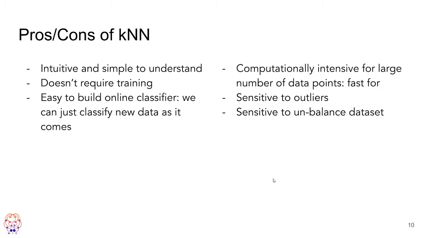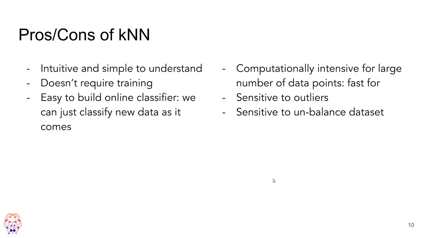And so, in summary, KNN is an intuitive and simple to understand model that doesn't require training beforehand, and because of that, it's easy to build an online classifier. You could just keep putting in new data points, and the model can essentially adapt to your new data streaming in. However, as data points increase, well,